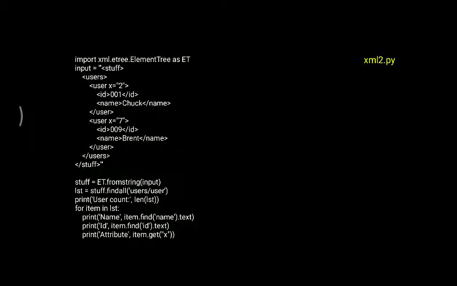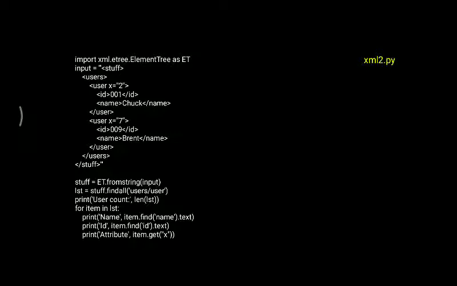And one more example is here. First I will discuss this example, then I will go for the execution. Now here is a little bit of variation. Same, we'll be importing XML here, xml.etree.ElementTree as ET. Then we'll be writing data in the form of input here, input equal to something written as stuff. Inside the stuff there will be different users, the users tag.